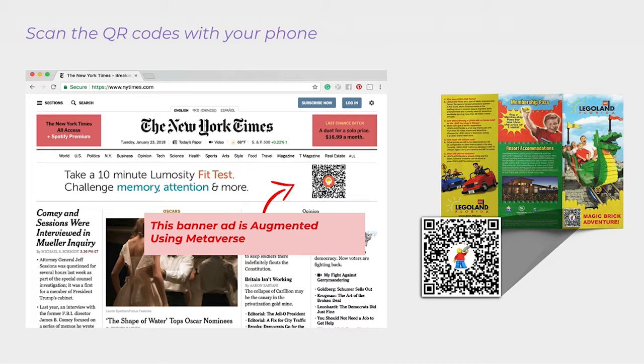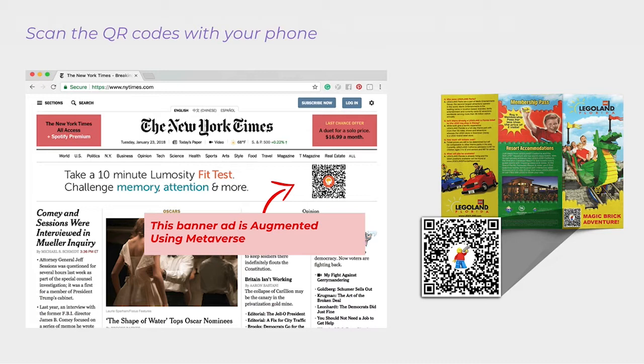Now, all of these experiences, this interactive content, can be represented as a QR code or a link. We'll talk about that in a second. So if you scan these QR codes, in fact, I encourage you to play around with them and use your phone right now to scan them, or maybe after this, come back to this and scan them then. These are actual experiences that are attached to these things.